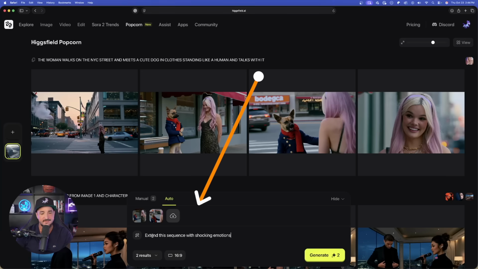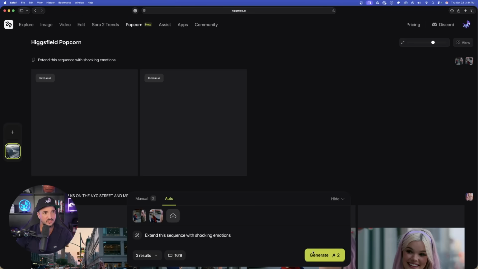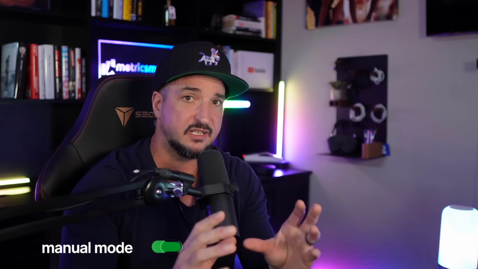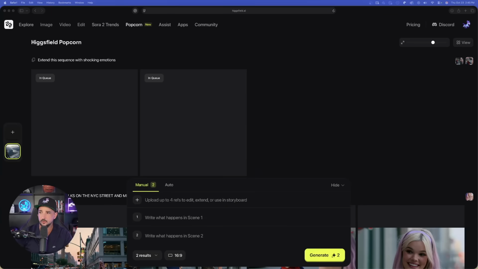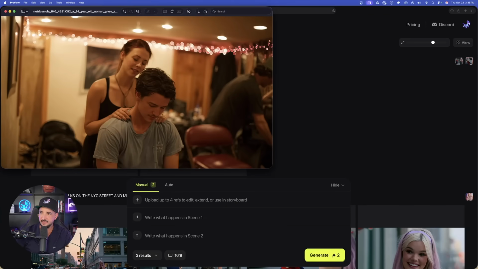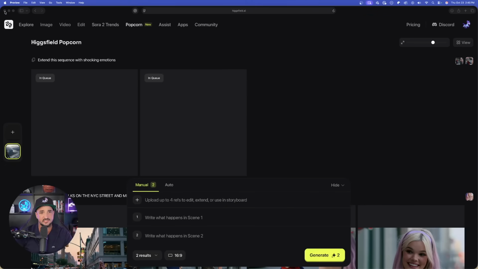Very simple. Now with the prompt I'll use, extend this sequence with shocking emotions. And now, just like that, let's see what this can come up with. Okay, so while this is thinking, now let's head over and do some things in manual mode. So now what I'm gonna do is let's bring up an image like this and two people. We're gonna see if we can emulate that same sort of a scene with our two characters used as reference